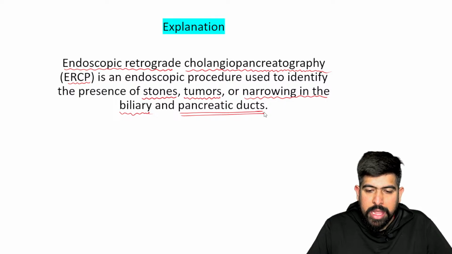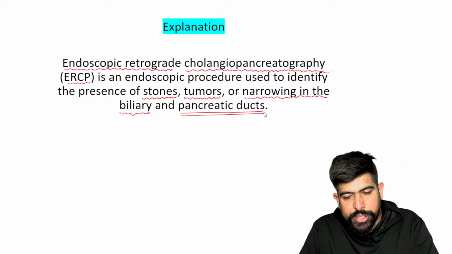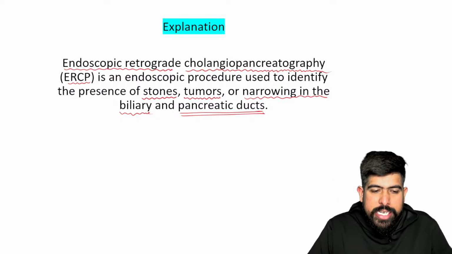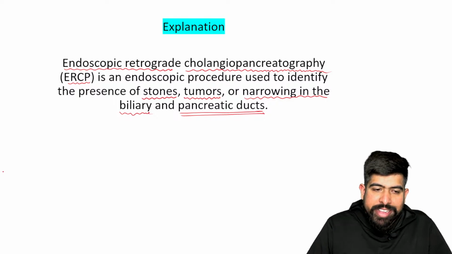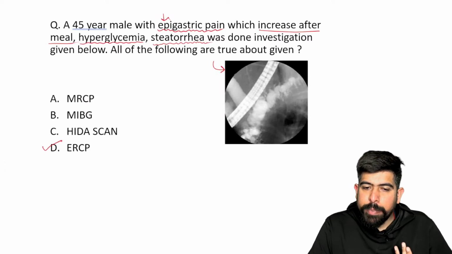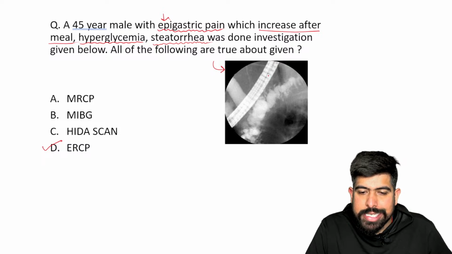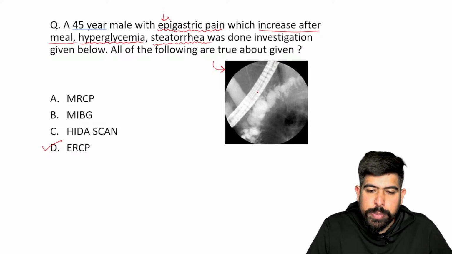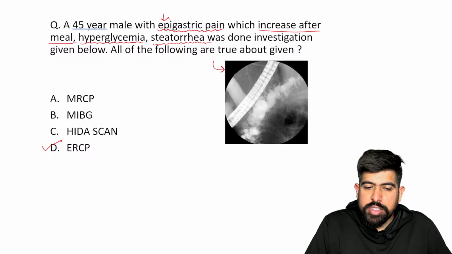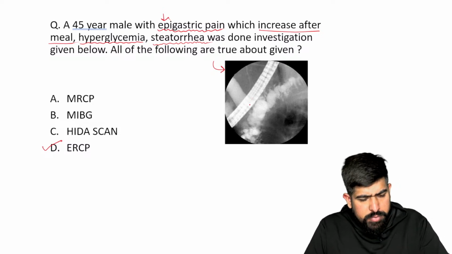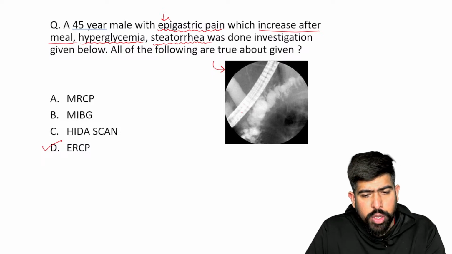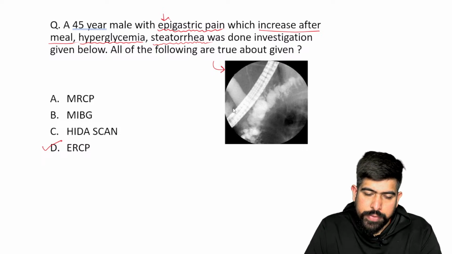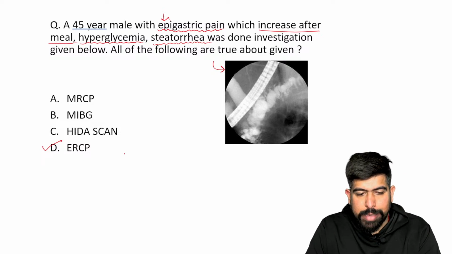Now we are moving forward to the next MCQ. Very good, guys. You are answering very well. So please remember, for making the diagnosis we are doing this. As you can see, the pipe is clearly visible to you. So this is your ERCP. We are putting it in endoscopically, which is the retrograde, and this is done in cases of the pancreas or pancreatic conditions. Very good. Let's move forward to the next MCQ.